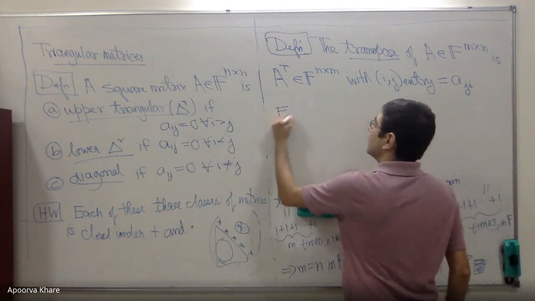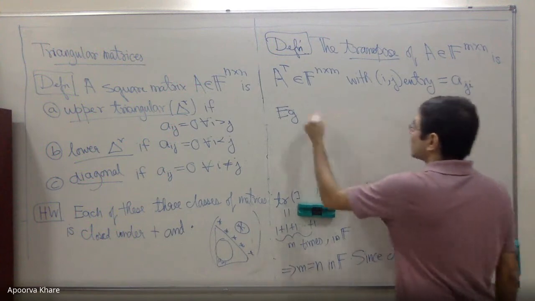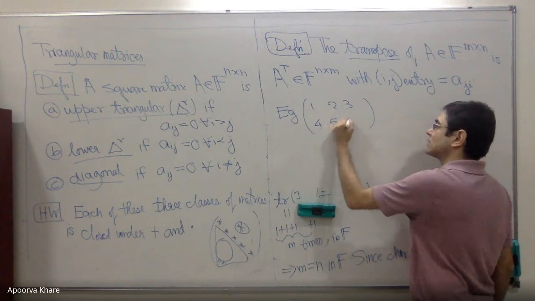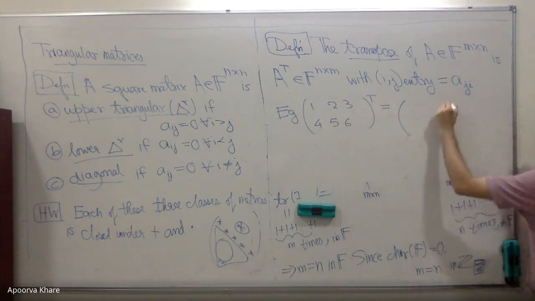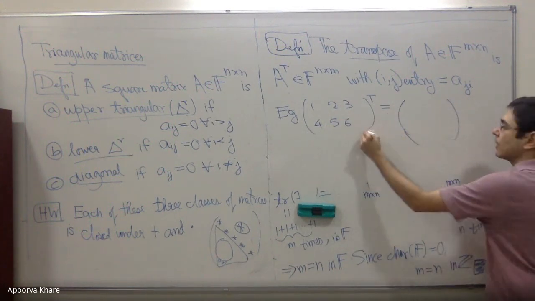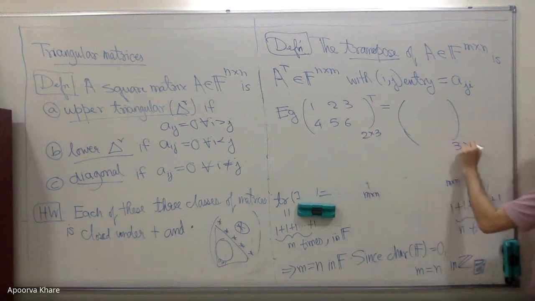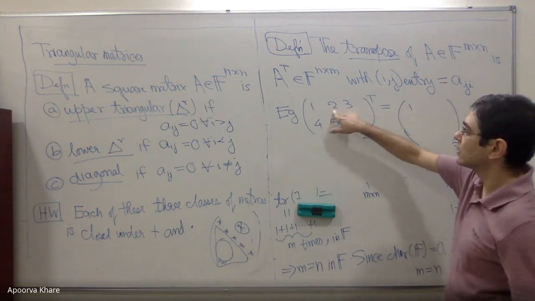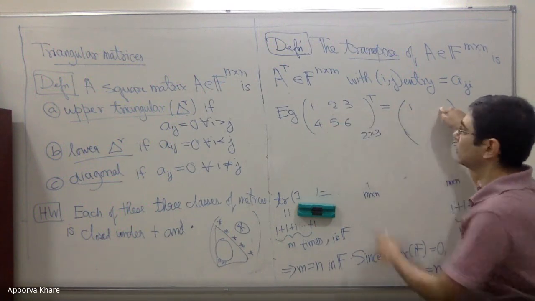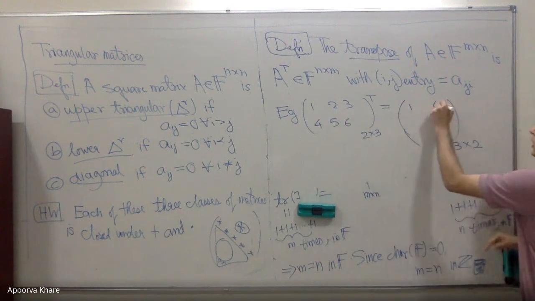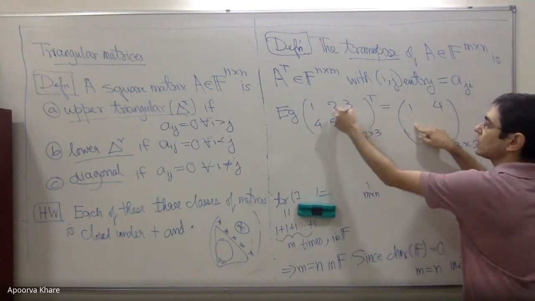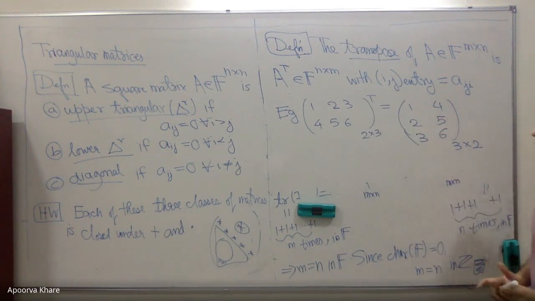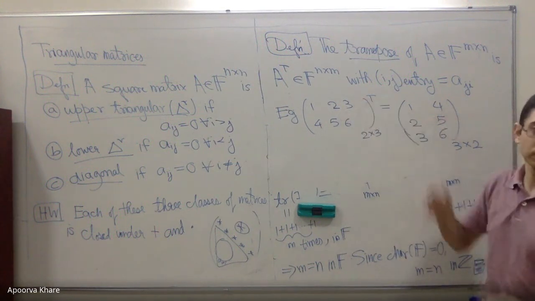So for example, it's literally just inverted. So basically 1, 2, 3, 4, 5, 6 transpose. So this is 2 cross 3, 2 rows, 3 columns. This is 3 rows, 2 columns. The 1,1th entry is still 1. The 1,2th entry here, what is it? It is the 2,1th entry, so 4. What is the 2,1th entry here? It's the 1,2 entry here, so 2. And you can similarly fill in. Basically, rows become columns and columns become rows. That's what happens.